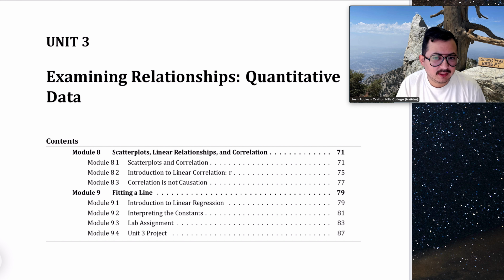So we are leaving our first unit, one of our larger ones, Unit 2, and we're entering some of our smaller units comparing more specific questions about studying data. For Units 3 and 4, they have the same idea in that we are examining relationships. And you can see there it says quantitative data, right? Quantitative means numbers. So we are examining relationships specifically among two different variables collected for the same individual that are